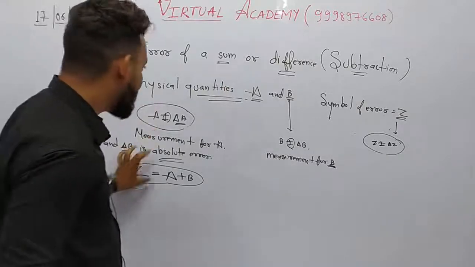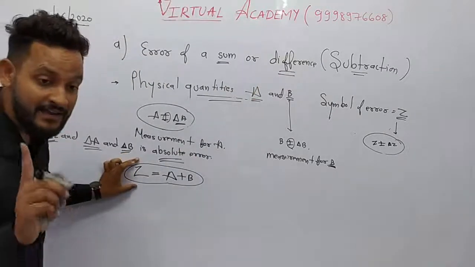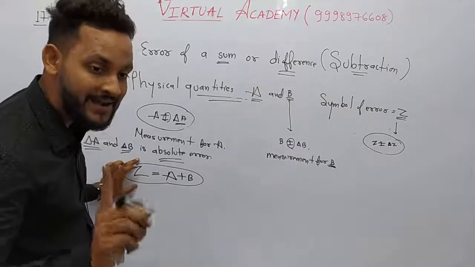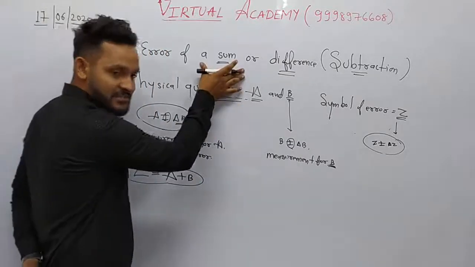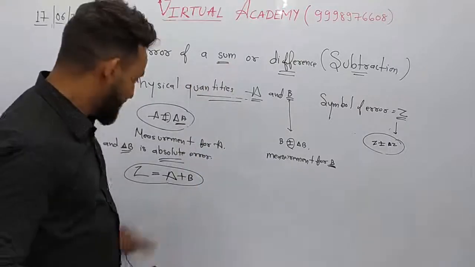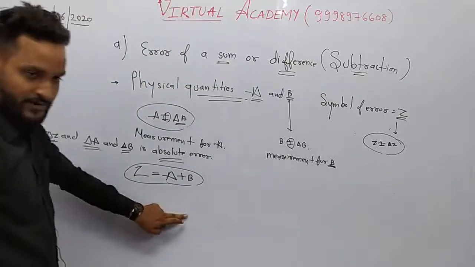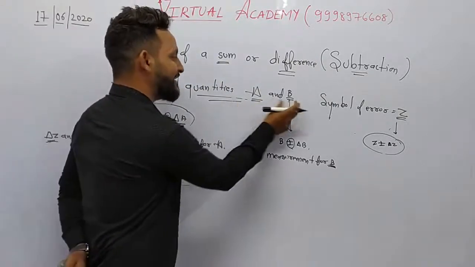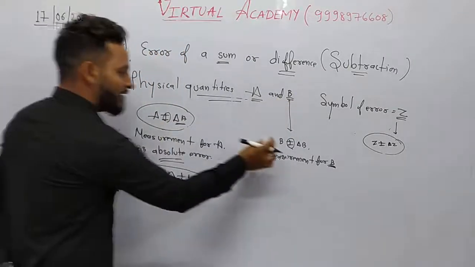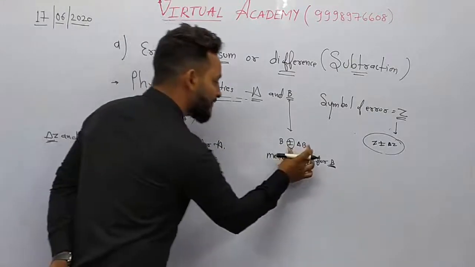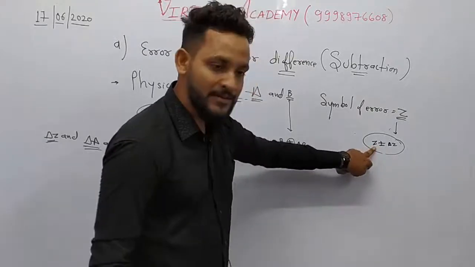What did I say? What will Z be? The measurement of A and the measurement of B, when there was no error in our equation. Now if we introduce error, we are talking about addition. It is not explained completely in the textbook, so I am focusing on it very well. Clear? So we have physical quantities A and B, whose measurements are A and B. Delta A and delta B indicate there is a chance of error. That's the absolute error. Now what about Z? Z is the total measurement.